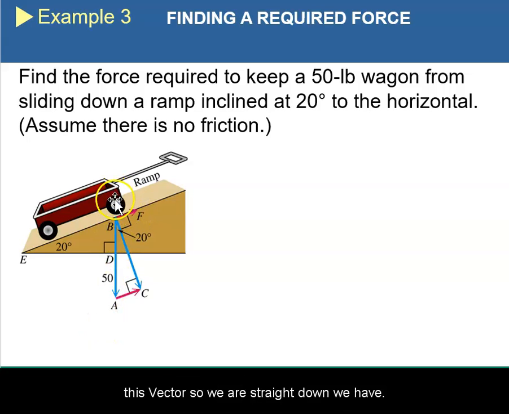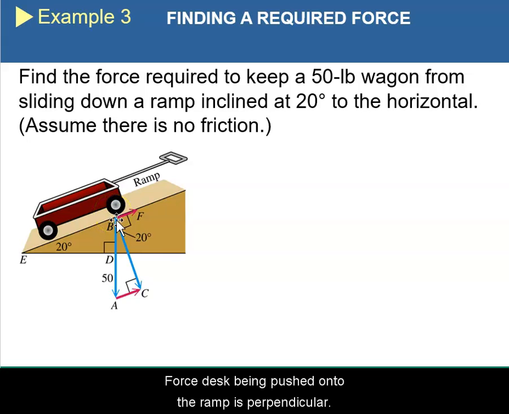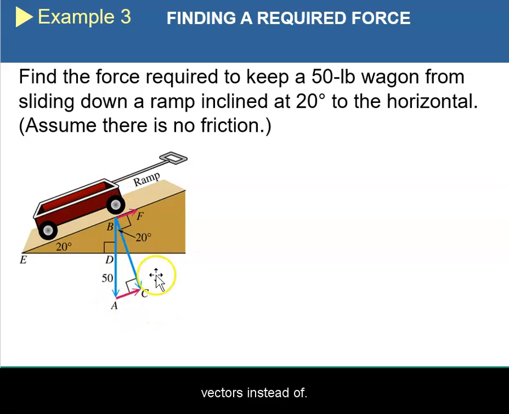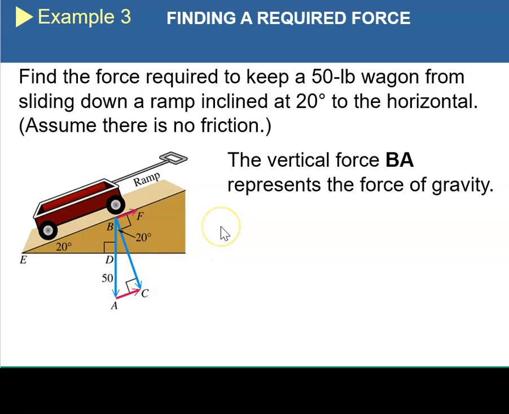So we have our vector straight down. We have this force that's being pushed onto the ramp, so you can see it's perpendicular to the ramp. It forms a 90-degree angle, and so this angle here is going to be the same as this angle of 20 degrees. So basically this is the ramp all over again, but with vectors instead of sides. So the vertical force, BA, represents the force of gravity. It's 50 pounds because gravity is pulling downwards. BA is equal to BC